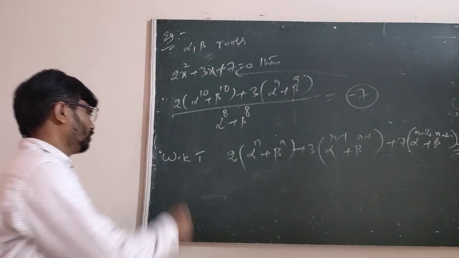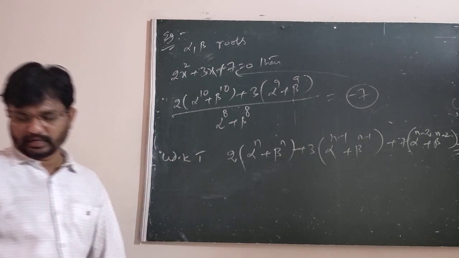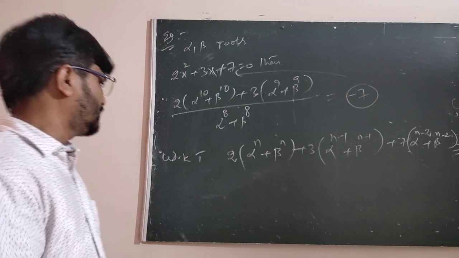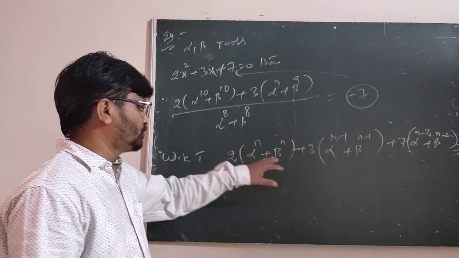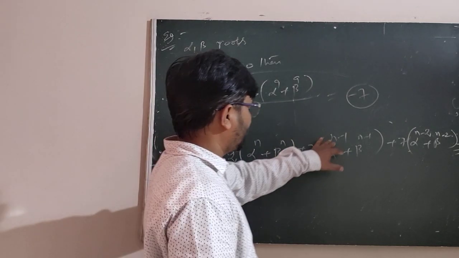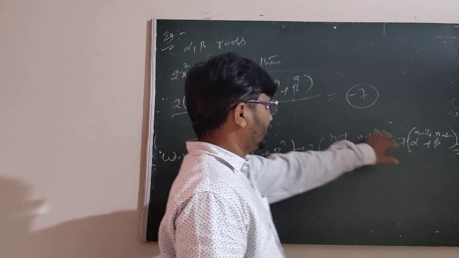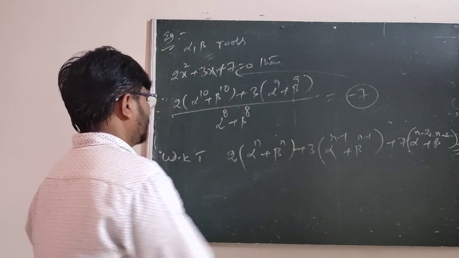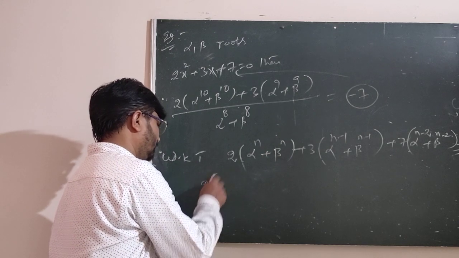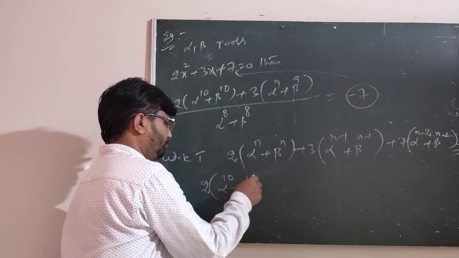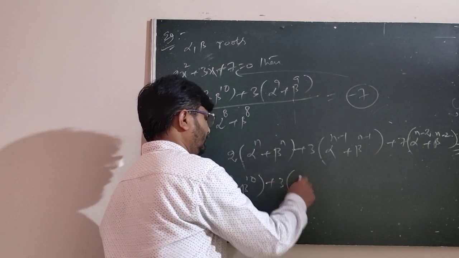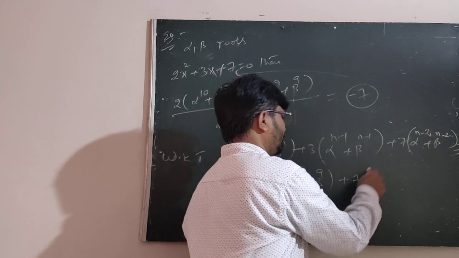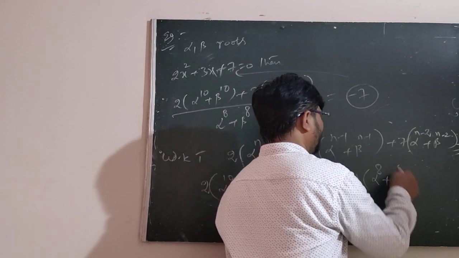We know that the quadratic equation ax square plus bx plus c is an identity in n. We say that a into alpha power n plus beta power n, plus b into alpha power n minus 1 plus beta power n minus 1, plus c into alpha power n minus 2 plus beta power n minus 2. Then taking n equal to 10, it will be 2 into alpha power 10 plus beta power 10, plus 3 into alpha power 9 plus beta power 9, plus 7 into alpha power 8 plus beta power 8